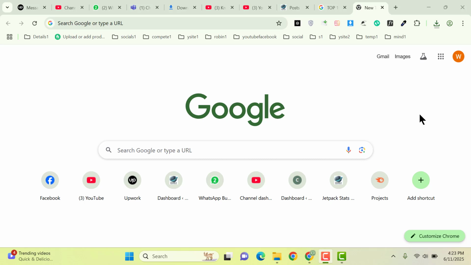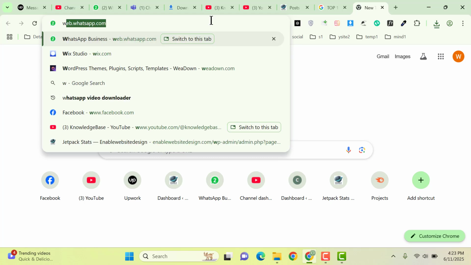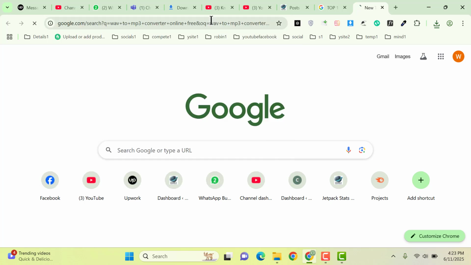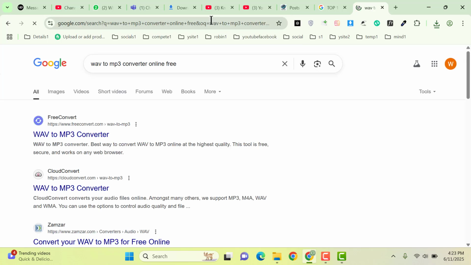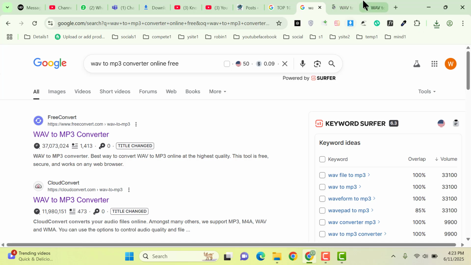In this video we will discuss how you can convert .wav file to the mp3 format. Here you can go and type wav to mp3 converter online free. And here you can see these are the tool websites, so you can open any of these, and after that